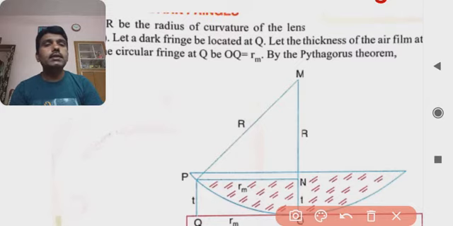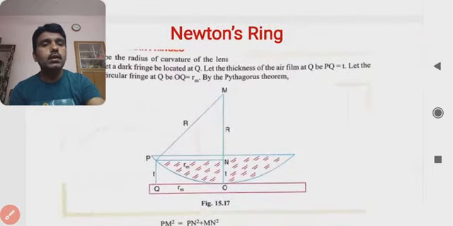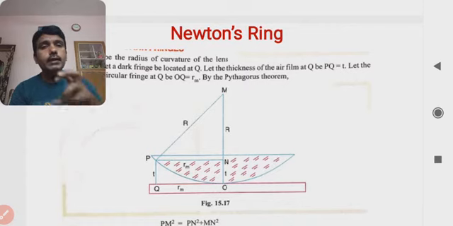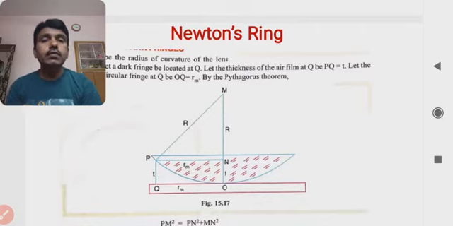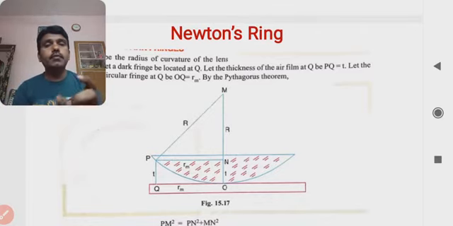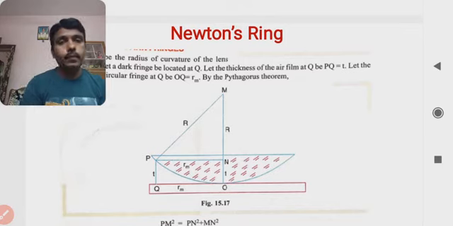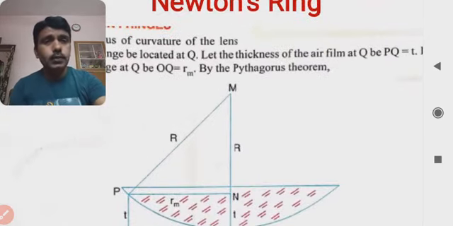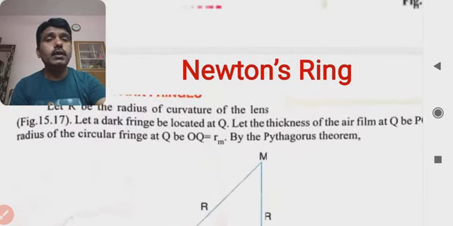And as far as the dark fringe, if it is going to occur at this Q point, if you look at this diagram systematically, we are now considering this Q point as a dark point. For that we will take the conditions for the dark point fringe, and according to that we will find the radius for that fringe. In this simple way we can also find out the wavelength of the incident light. So to get this relationship, the Q point is the dark point.